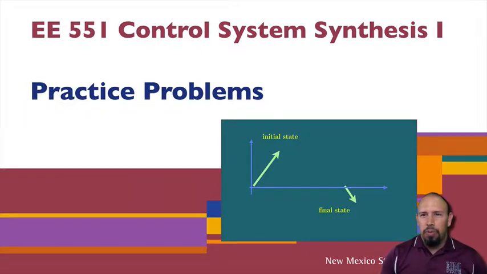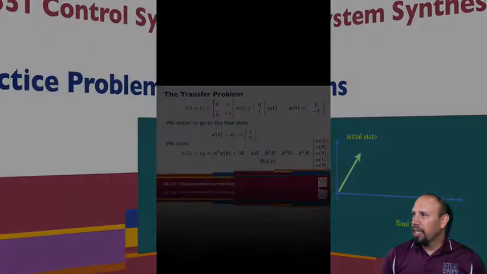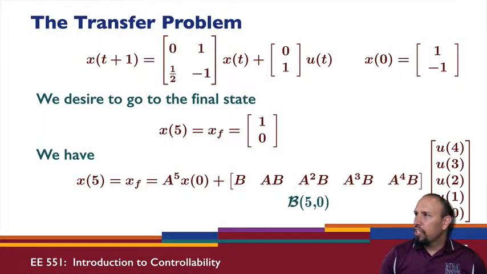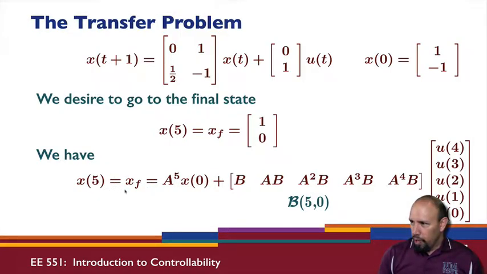Alright, we're going to look at some practice problems now associated with controllability. Here we start off with the discrete time system, and here's our A, X, and B, U. We start with this initial condition. We want to go to this desired final state. How did I pick that? Kind of randomly. But so according to the transfer problem, the solution to our difference equation has this: